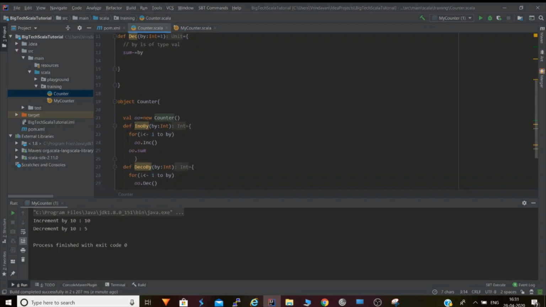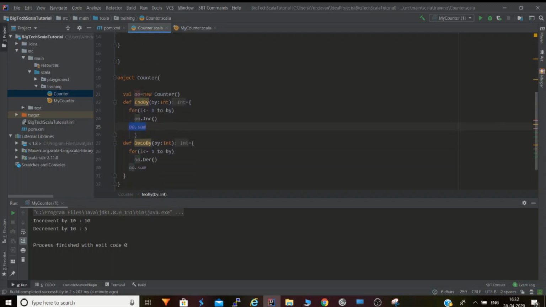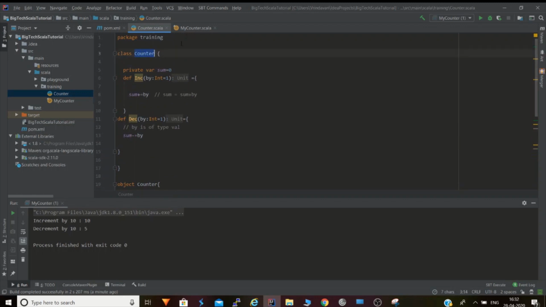You must question me, we have created an object and we are calling it with reference to that object. But you cannot call it with reference to an object, because it is only accessible to the members of its class. So let's try to create an object of this class Counter in my Counter class, and then try to access the sum variable.